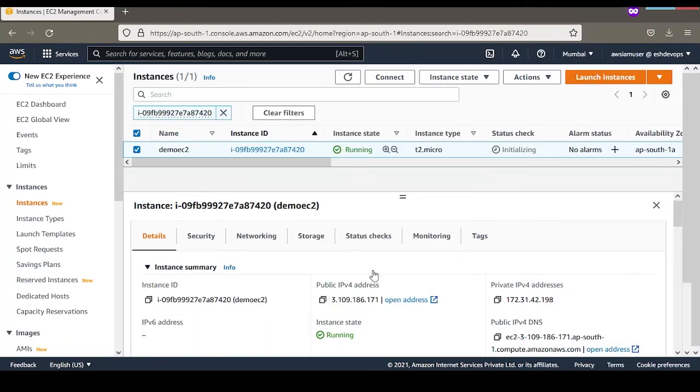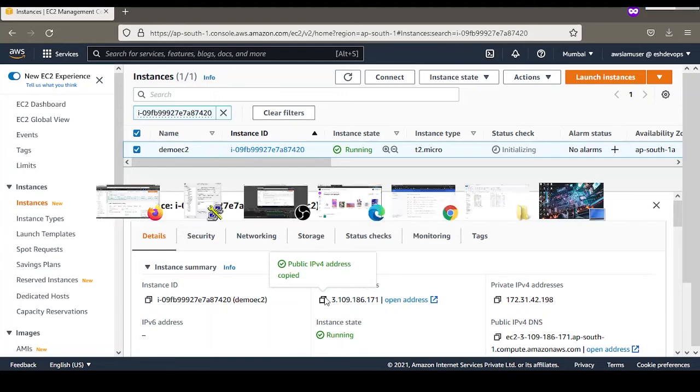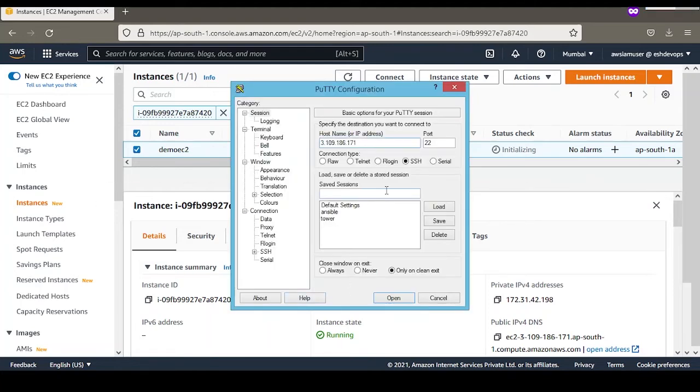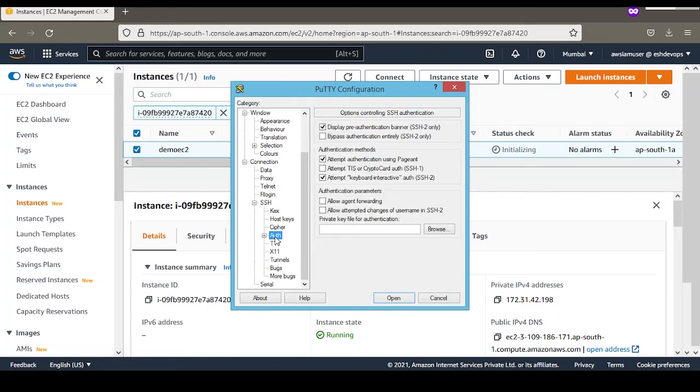In Putty, you have to enter your public IP. We know that the default port to connect to your EC2 instance is 22. So you have to keep it as it is, or if it is not populated with 22, you can enter 22 by yourself. After that you go to Connection, then SSH, and in SSH you go to Auth.